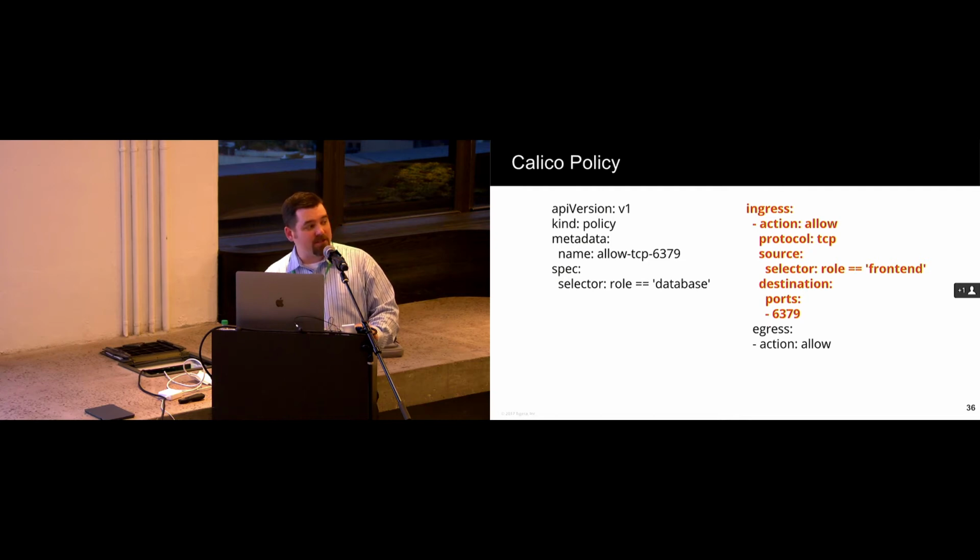A nice thing about policies, you can have multiple policies. Policies are evaluated in order. So you can specify the order of the policy and the actions that you want those policies to take. So we've got various actions like pass or deny. In some cases, you may want to log or allow. So the ingress is specified there, and then of course on the egress, we're just basically saying let this particular workload, whether it be a VM or a container or a specific host, talk to anybody that it wants to.